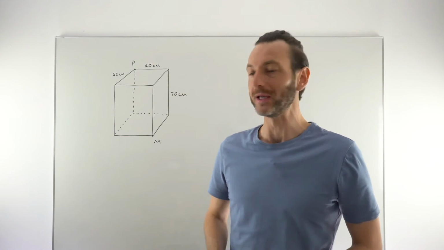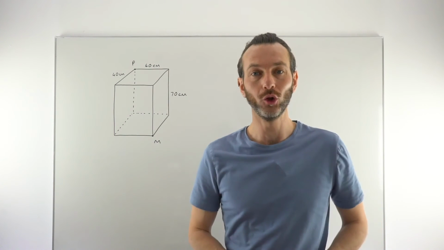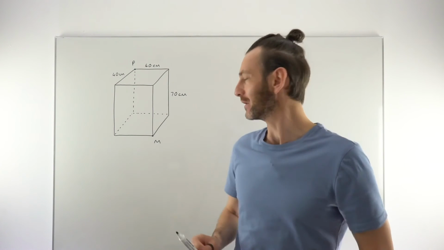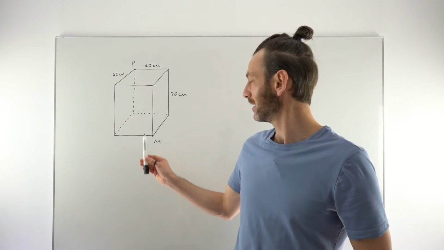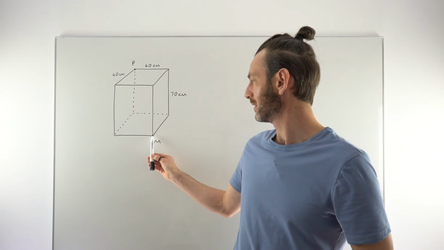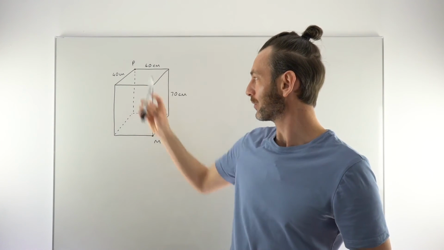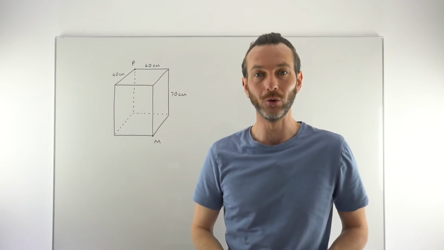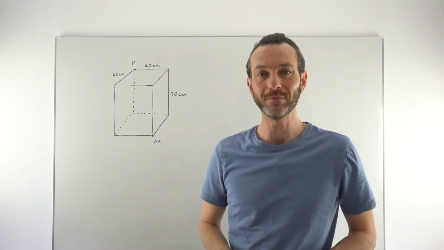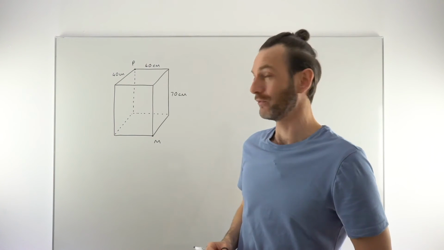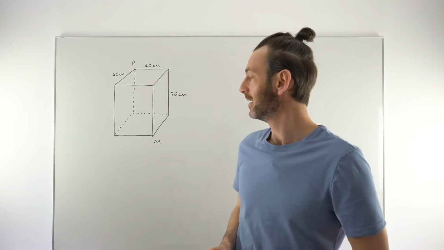In this question, we've been given this diagram which represents a locker, and we're trying to test whether or not Chris's umbrella will fit into the locker. So he thinks it might fit in if he puts it from this front sort of lower corner up to this top rear corner. So basically on the diagonal, his umbrella is 85 centimeters. So we've basically got to test whether or not that length, to find whether that length, P to M, is